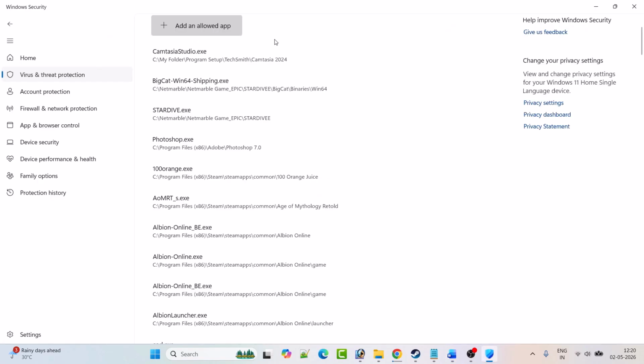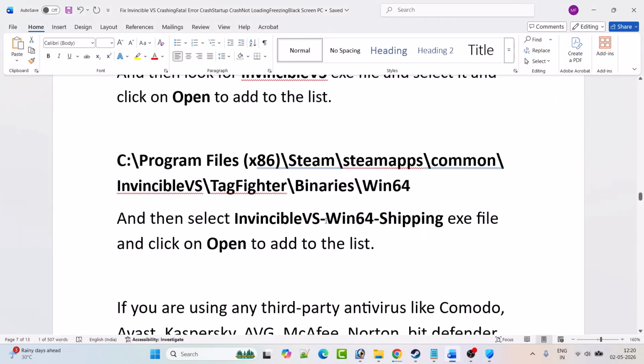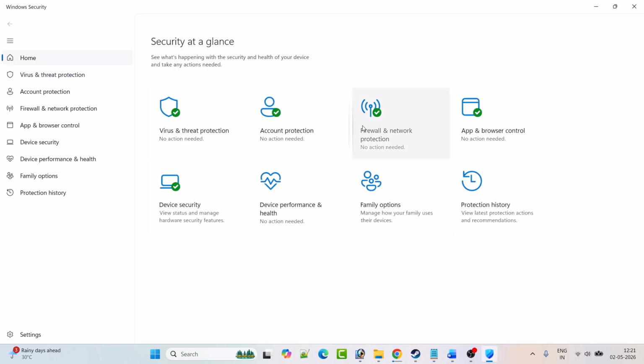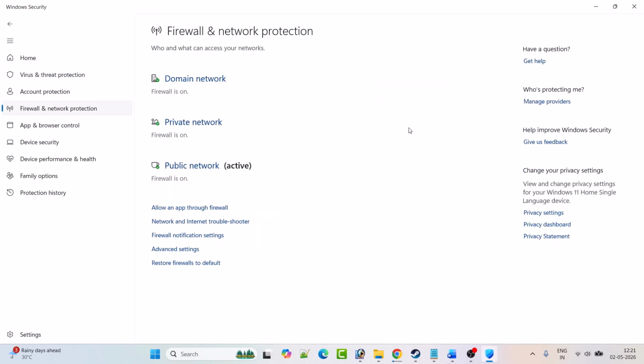After adding it, again click on add an allowed app, browse all apps, and this time open the tag fighter folder, binaries folder, Win64 folder, and then select the Invincible versus Win64 shipping exe file, and then click on open to add it to the list. After adding it, go back, then click on firewall and network protection, click on allow an app through firewall,